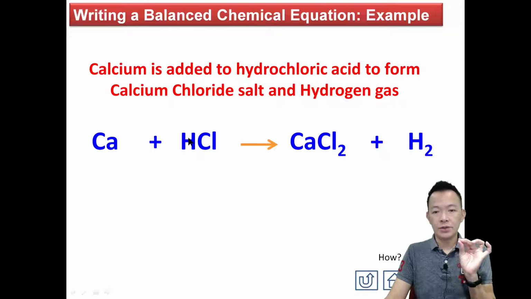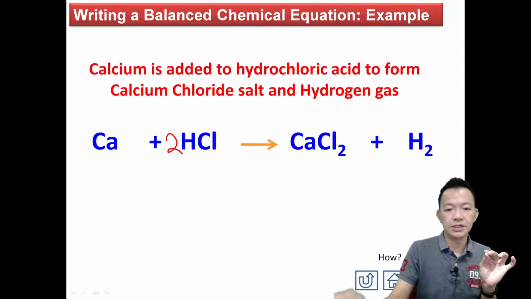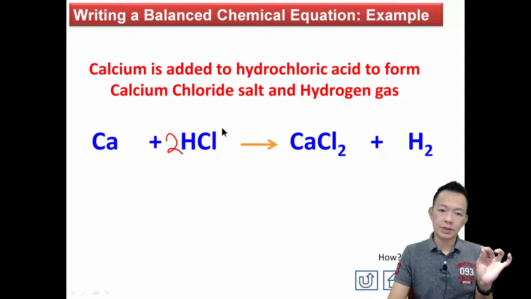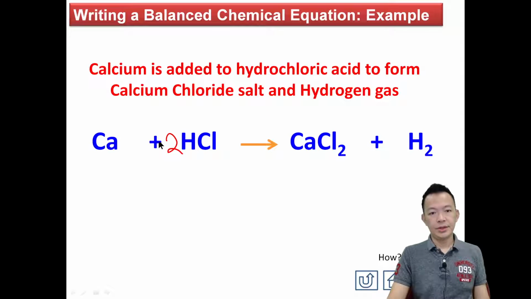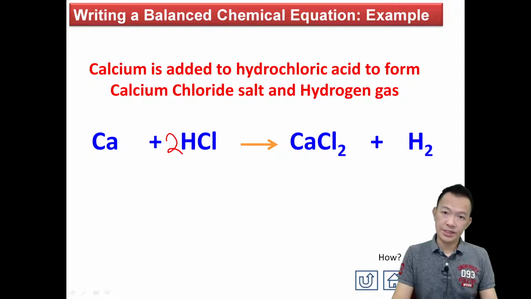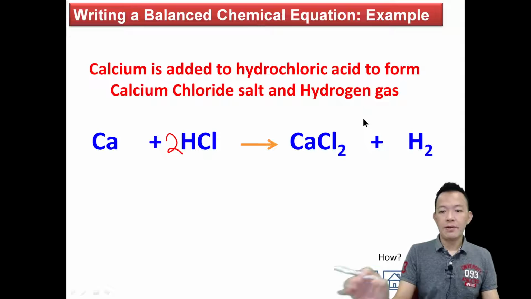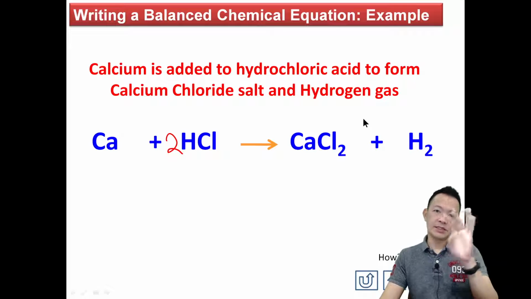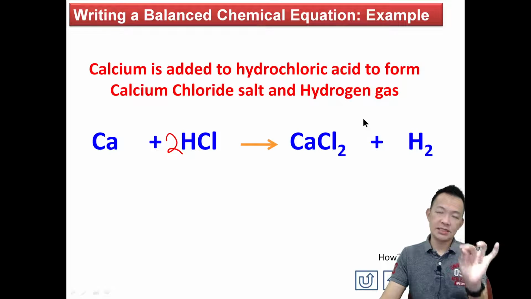Calcium, okay, balance. Hydrogen 1, hydrogen 2. Okay, so I times 2, 我乘2。2 hydrogen, yes. 2 chloride, yes. Calcium 1, 我再 check 一次。1 calcium, good. 2 hydrogen, yes. 2 chloride, 对，so balance chemical equation 它已经 balance 了，明白吗？OK, we still having others, 我们还有4个 example, so we're going to discuss it slowly, 我们慢慢来。